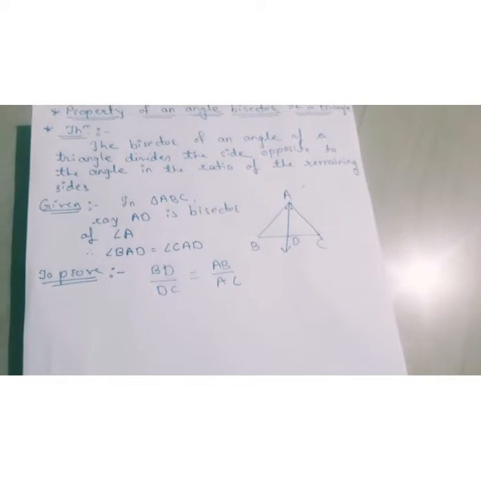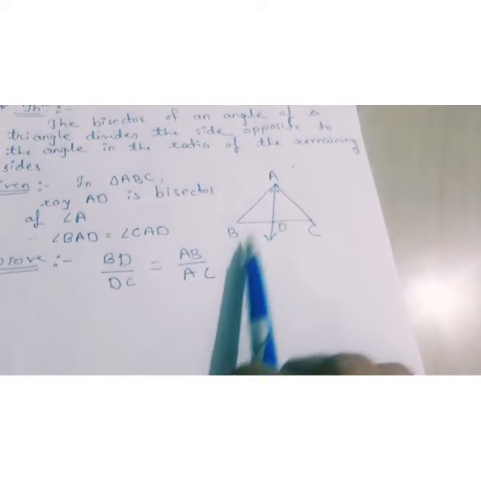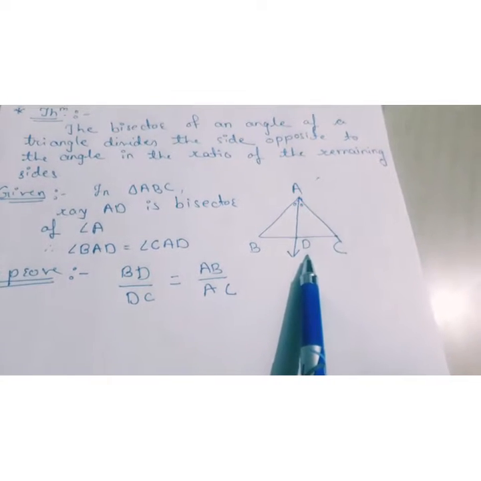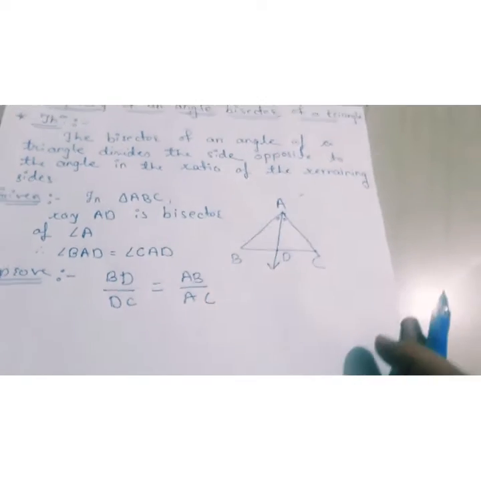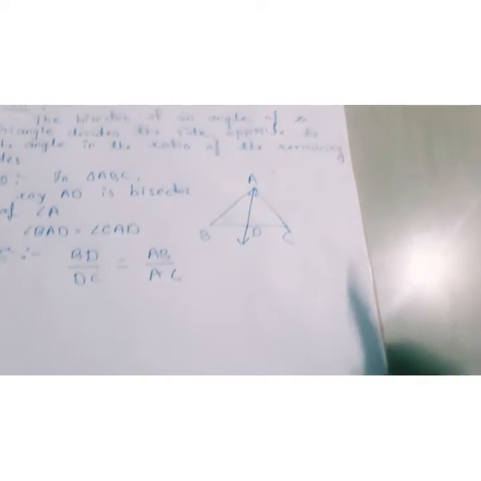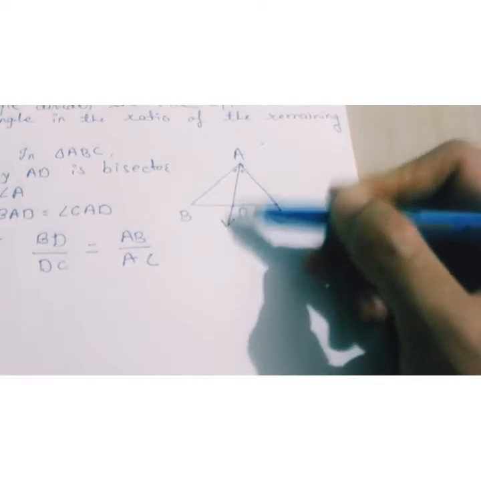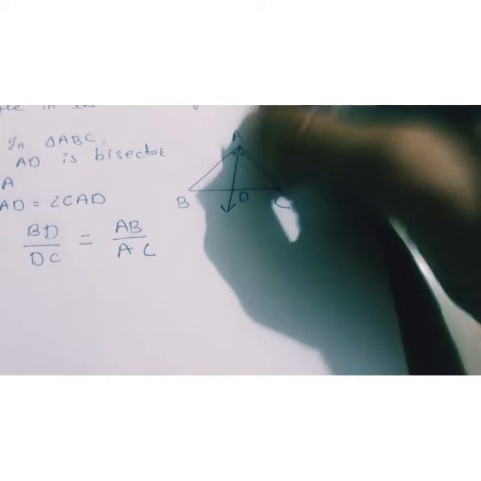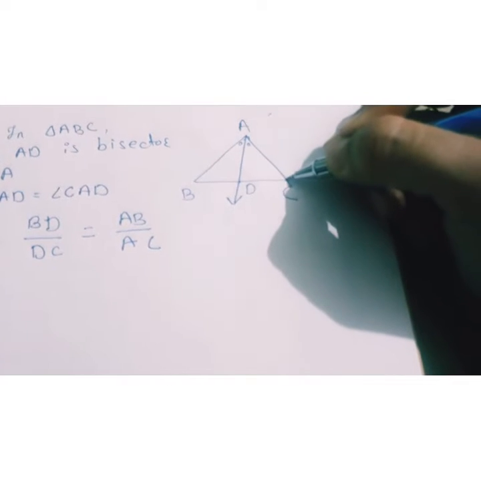Now let's start to prove this. How to prove this? Just look at the diagram. Can we prove this with the help of only this figure, or do we need any construction? Yes, we need some construction. What construction are we drawing? Look here, we have ray AD. Let's draw a line parallel to this ray AD from point C.